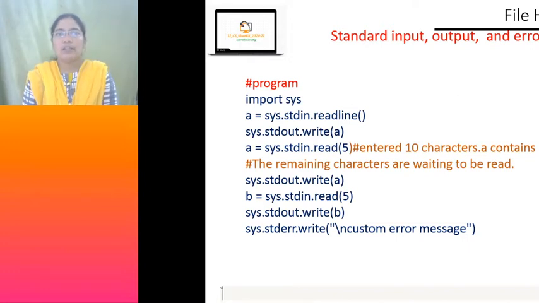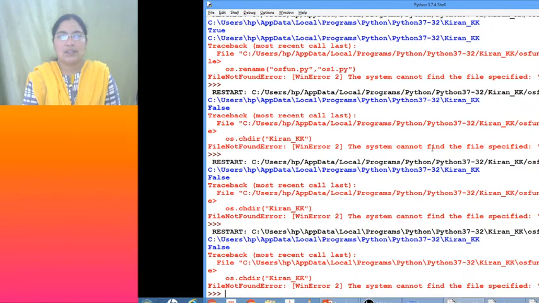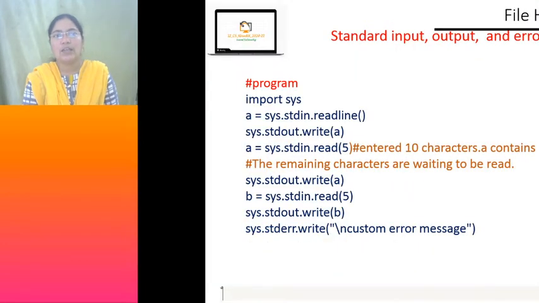These are available in the system module, that is the sys module. If you want to make use of standard input, every programmer, whatever they are doing, from the console when you are taking input and when you are displaying something, we are using the standard input, output and error streams, right? Every error is displayed in the same screen, isn't it? You can see here, red color is error and the false is the output. If you are giving any input also, the same window we are using, isn't it? Same file we are using. So that is the system's standard input, standard output and standard error streams.